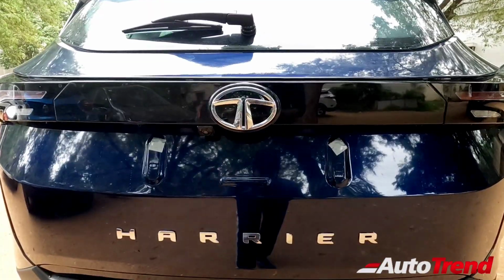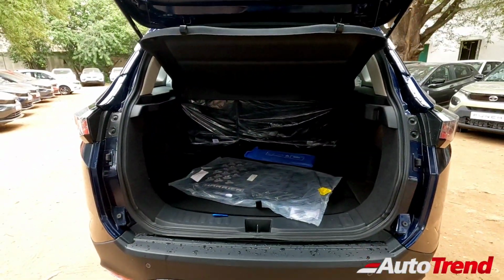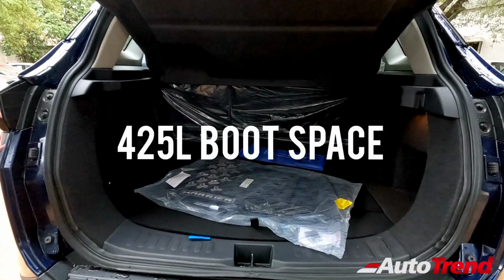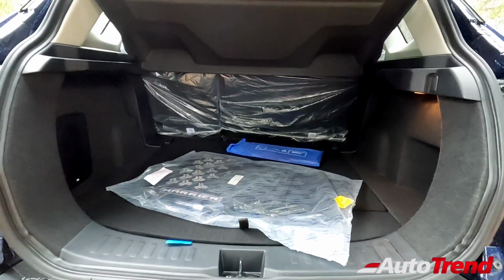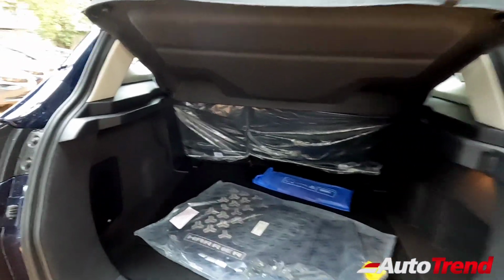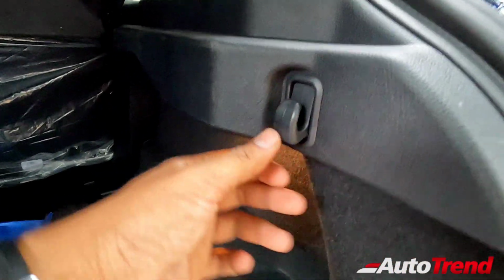Apart from the new features in the cabin and the new color on the outside, there has been no changes regarding the boot space, and just like before, the Harrier provides 425 liters of luggage space. It may not be segment besting, but the overall shape is very usable. On the left side, you get to see the JBL branded subwoofer, whereas the parcel tray is available from the XM variant. All variants get this bag hook on the right side, while the boot lamp is available from the